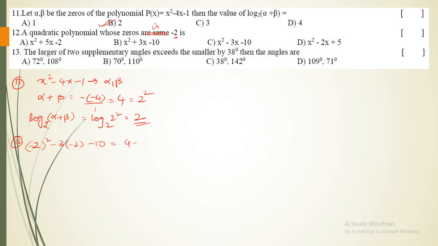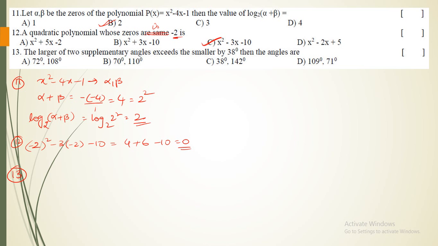So this gives me 4 plus 6 minus 10, which is equal to 0. So minus 2 is nothing but a zero of x square minus 3x minus 10. Next, question number 13. What he has given: the larger of two supplementary angles exceeds the smaller by 38